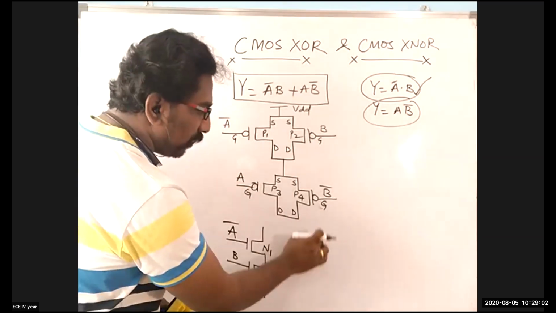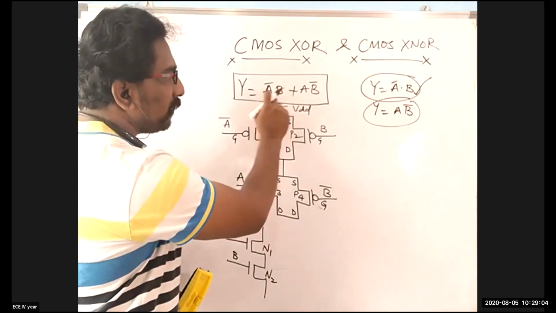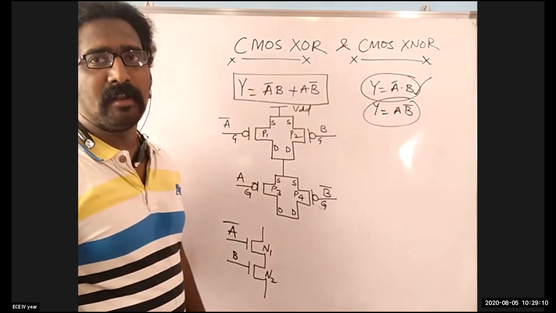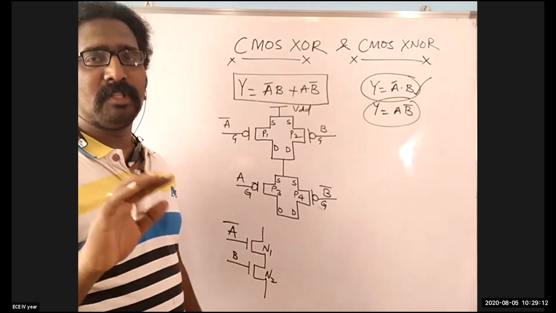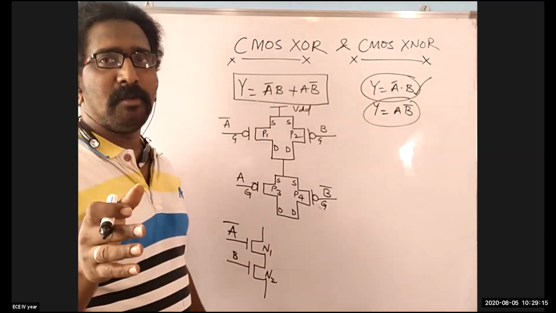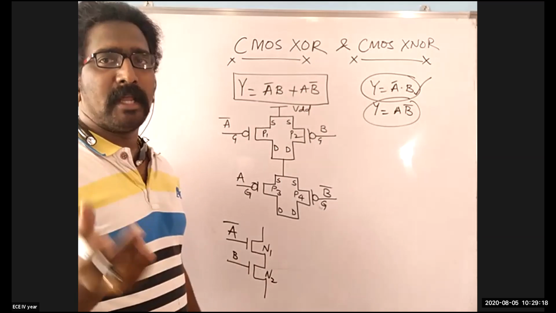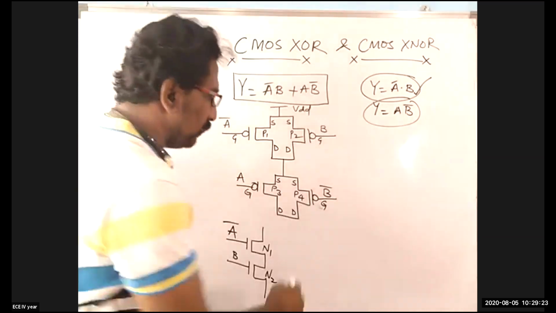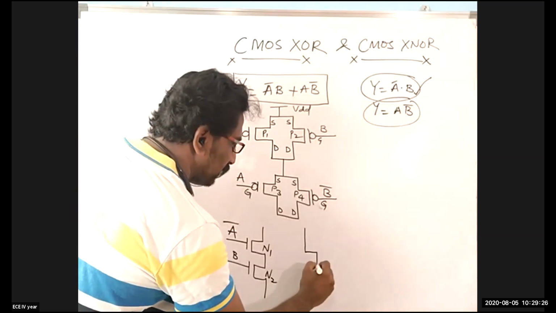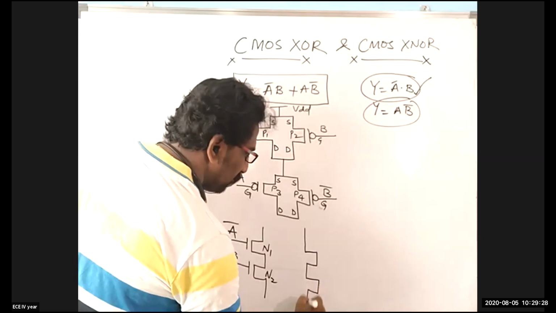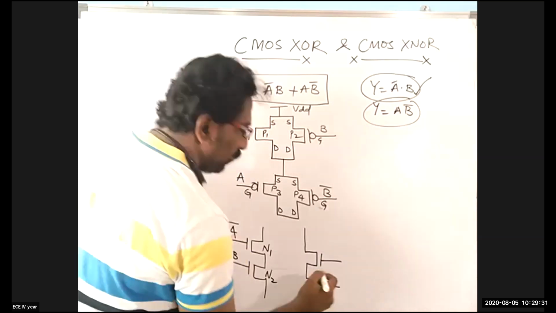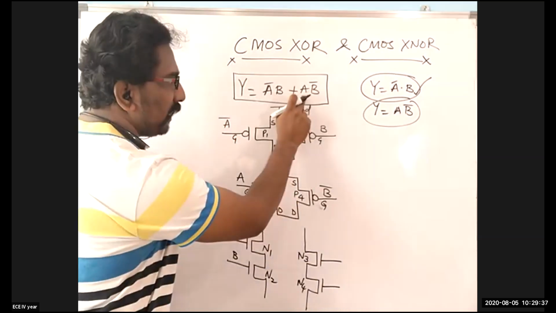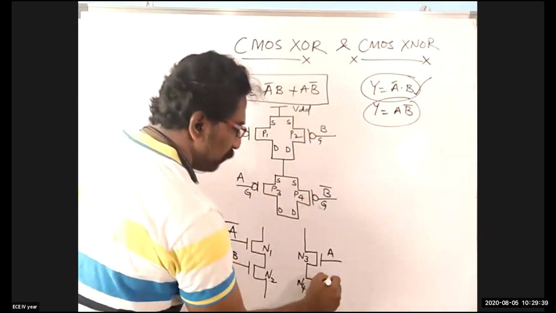Why am I drawing it here? Because the operator between this A dot B and A dot B is a plus operator. If it's a plus operator between the signals or inputs, the NMOS has to be connected in parallel. So first I'm drawing it for dot products, and then I'll consider the plus operator. So see now, I'm just tilting the shape of the transistor. Okay, now this becomes your N3 and N4. For N3 and N4, what is the input? A, and it is B bar.